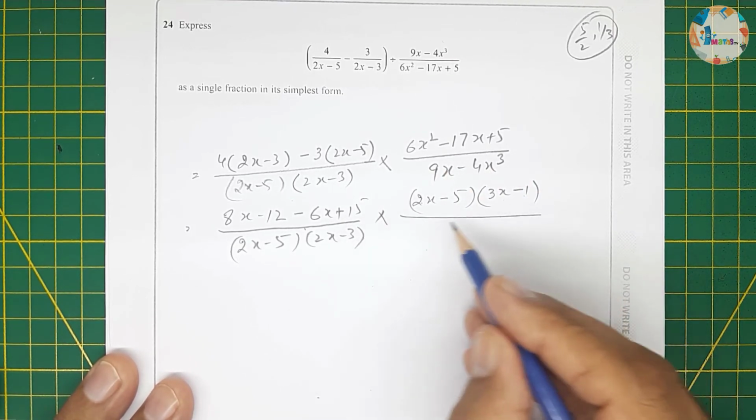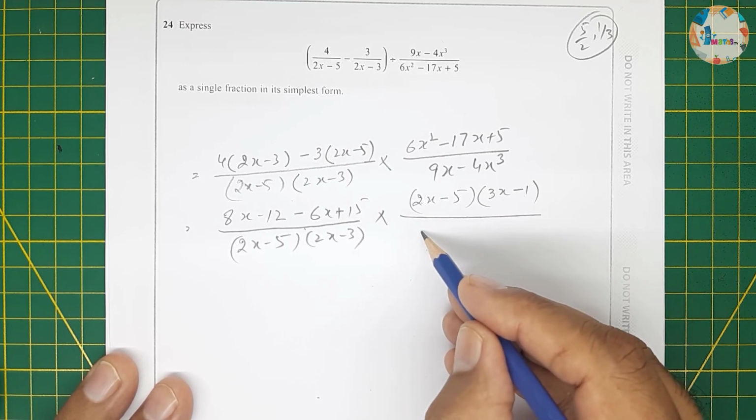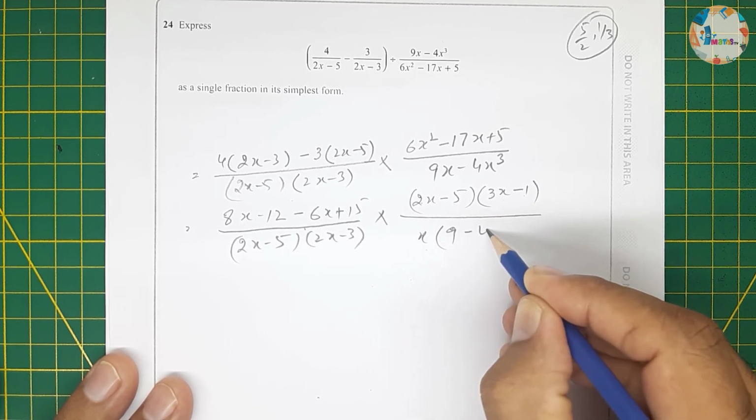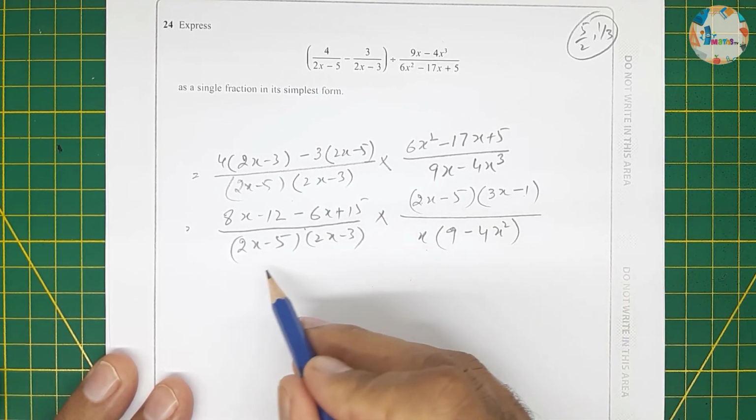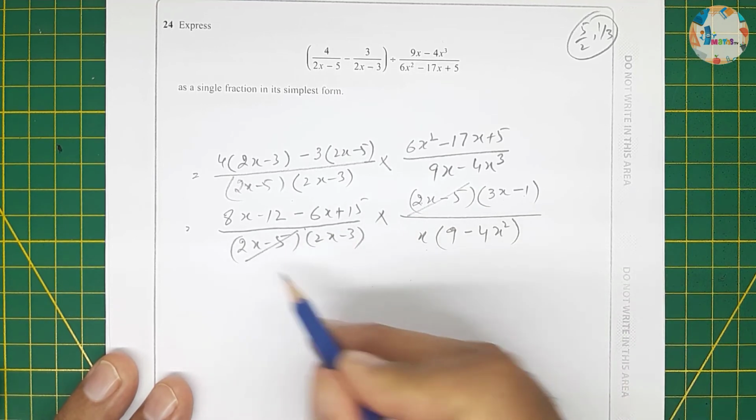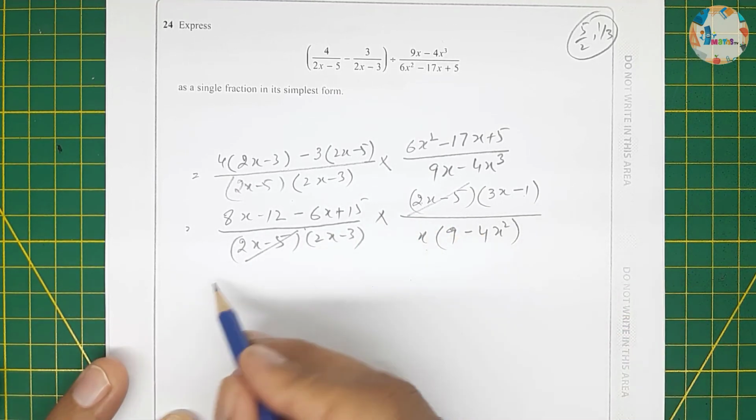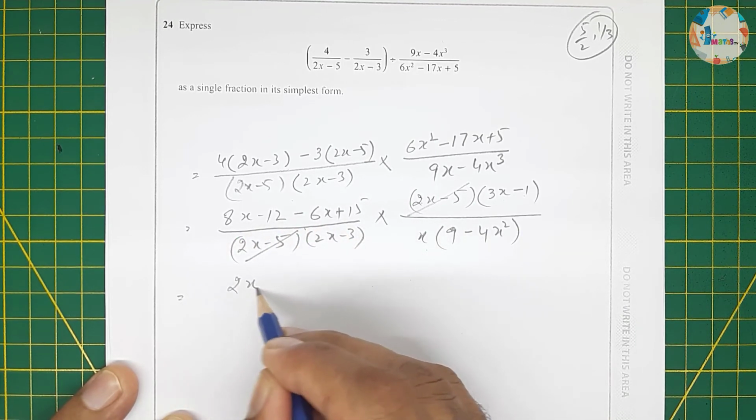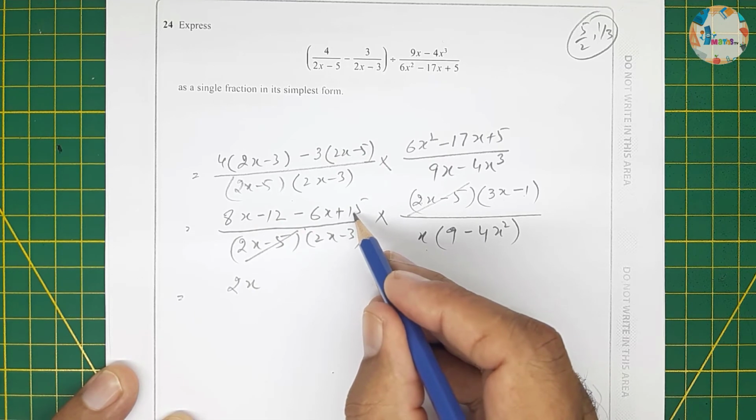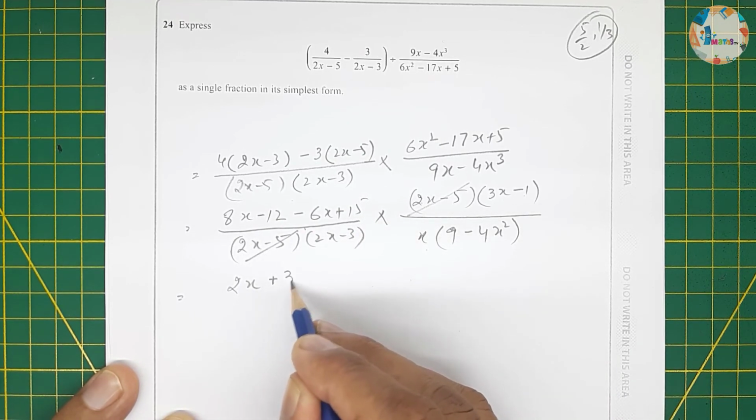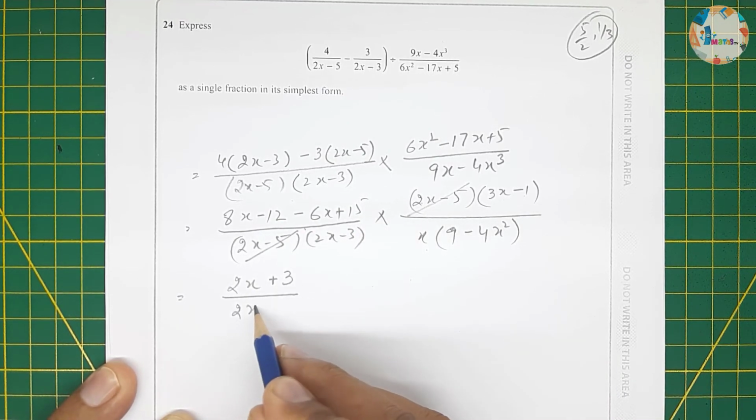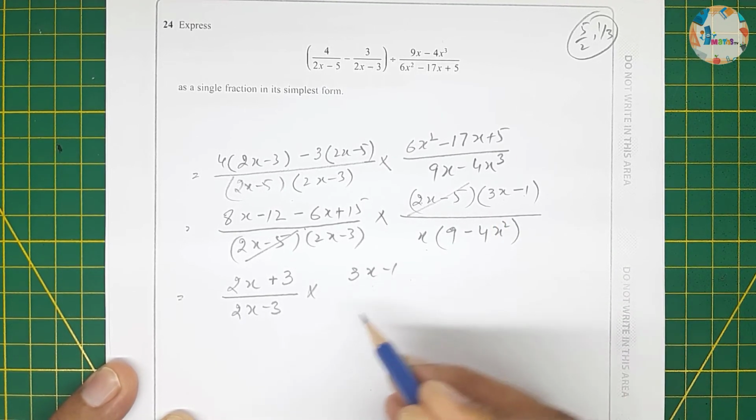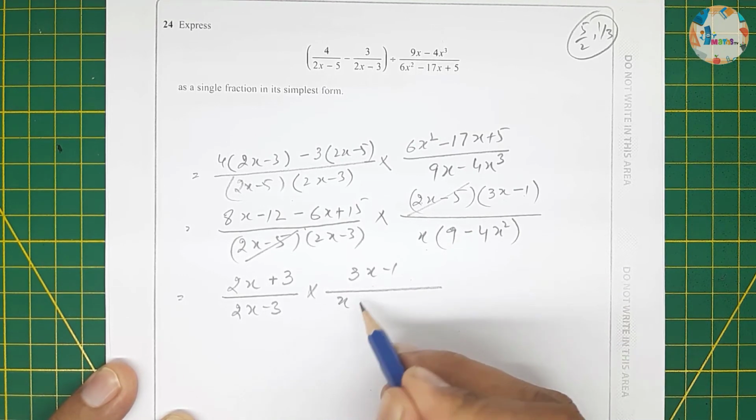Yeah, so it's correct. Now in this one we can take x common, so inside will be 9 minus 4x squared, and now if we check, this can be cancelled with this. This is the only cancellation we can do at this step. So 8x minus 6x will be 2x, and minus 12 plus 15 will be plus 3, divided by 2x minus 3, and multiplication, this will be 3x minus 1, and divided by this will be x into